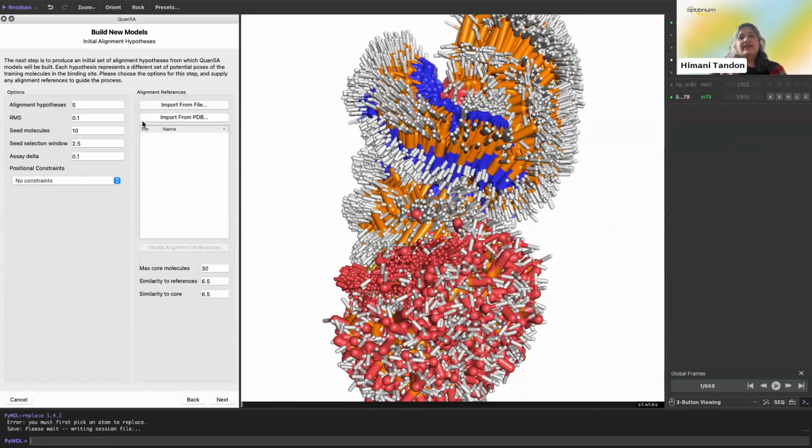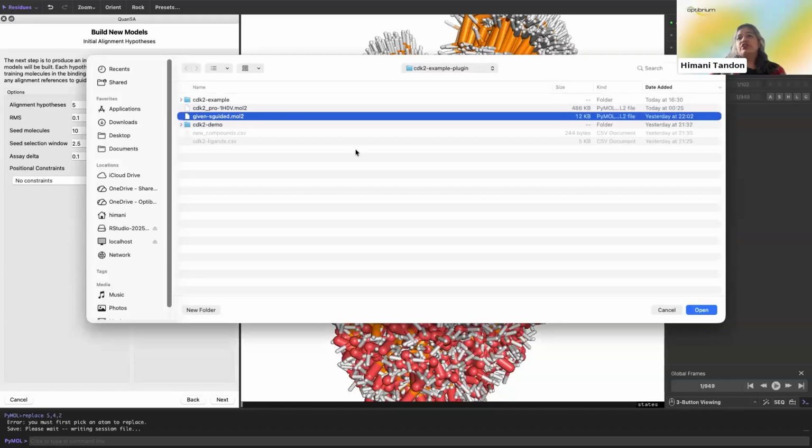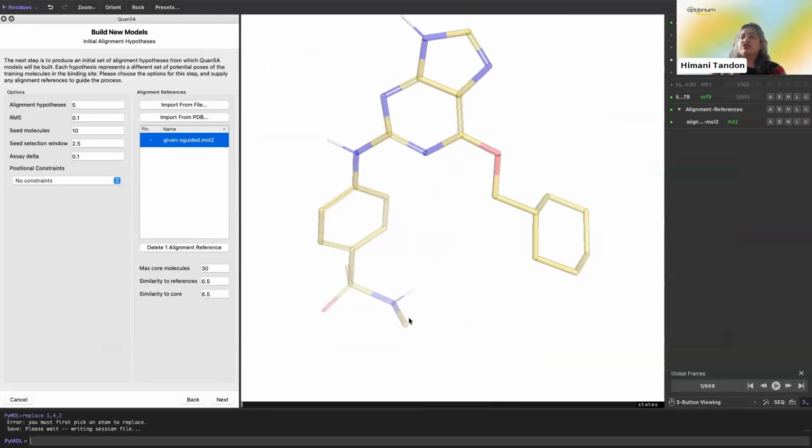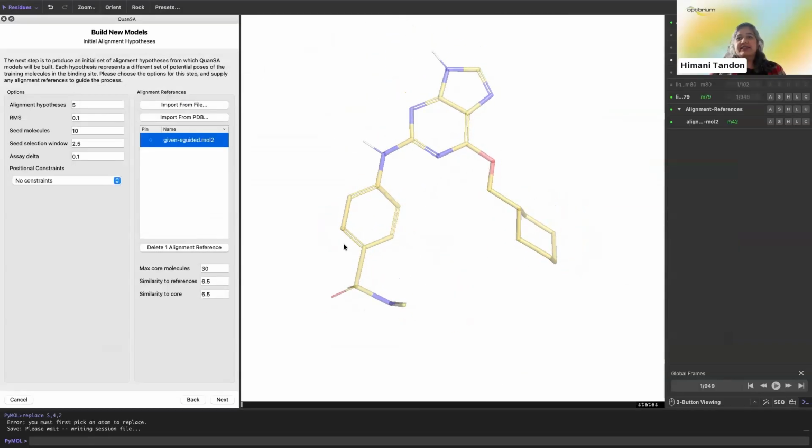Now, at this point, again referring back to what Kyle explained in the presentation: if you have some ideas about how your compound binds to the protein, if you have a structurally enabled project, then you can use that co-crystallized ligand to guide these structural alignments to have more confidence. In this case, for example, I'm going to use the crystal structure of one of the inhibitors in my data set to guide the alignment process.